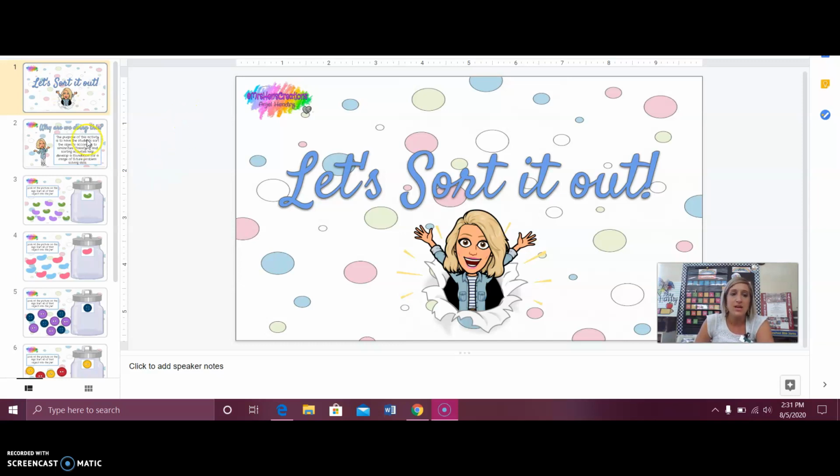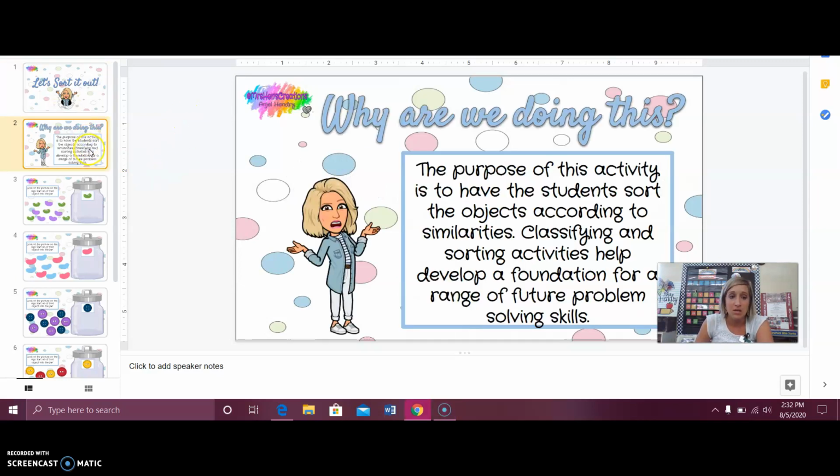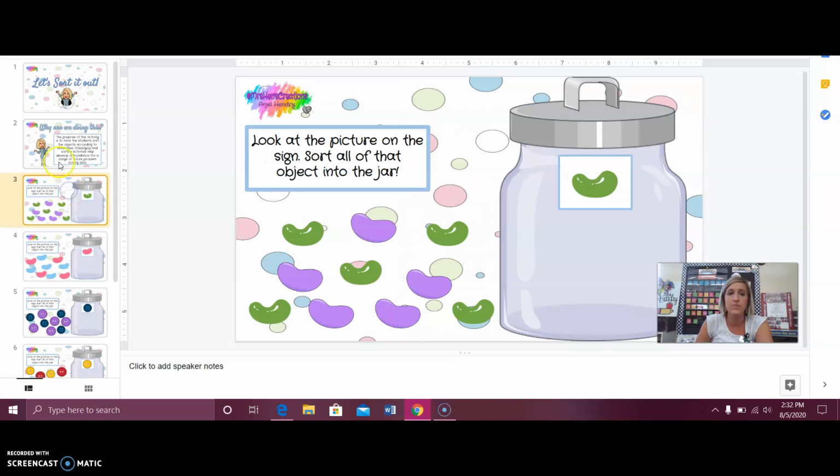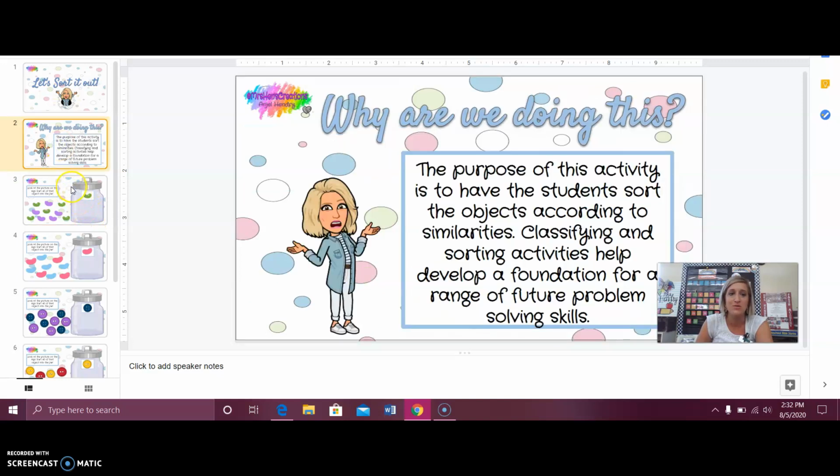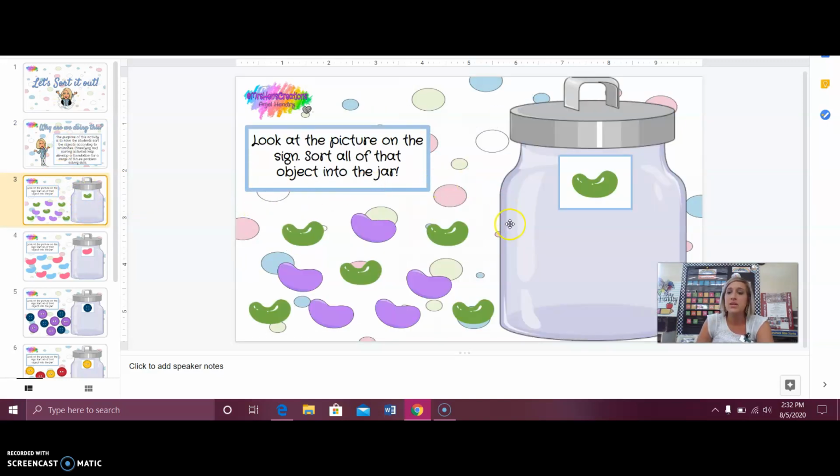So with all that being said, this is an example lesson, and I tried to give you a reason why we were doing what we were doing, but very simple. So if I sent this to your child, this is what they would do. They would use their mouse, they would use the laptop, or they would touch with the iPad. You may have to read them the directions, but for this one, you're going to sort all of the